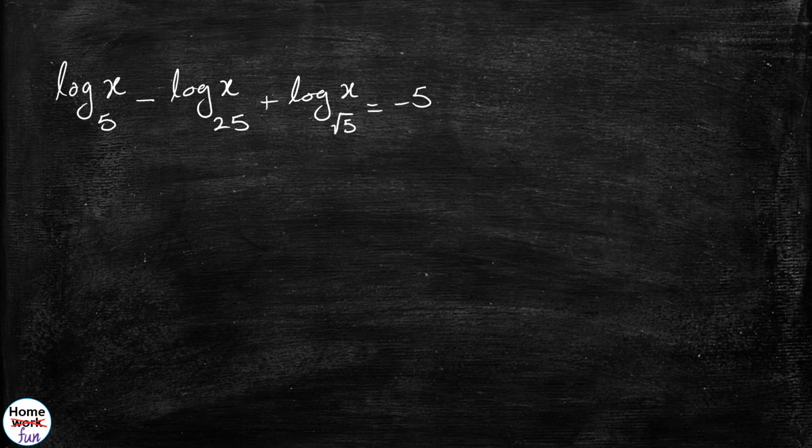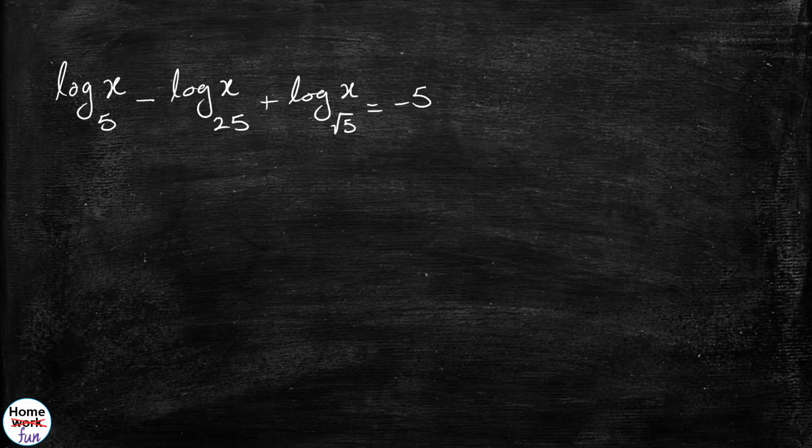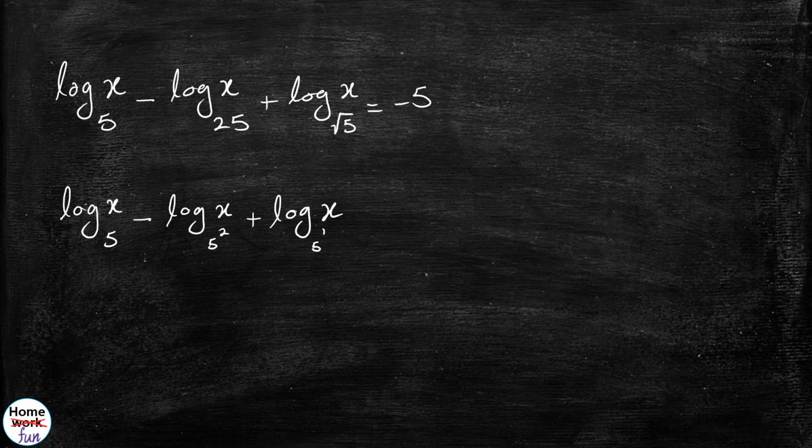Find x. Let's solve for x. So we can see in the bases they have something in common. They're all based on 5. So the first one is just log of x with the base 5. The second one I can write log of x with the base 5 to the power of 2. And the third one I can write log of x with the base 5 to the power of 1 over 2